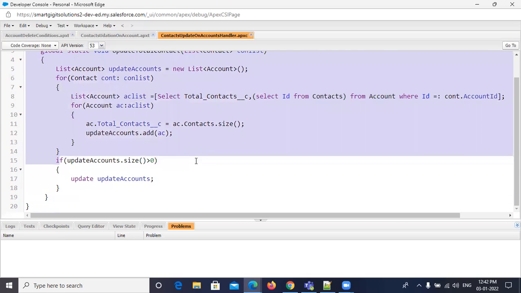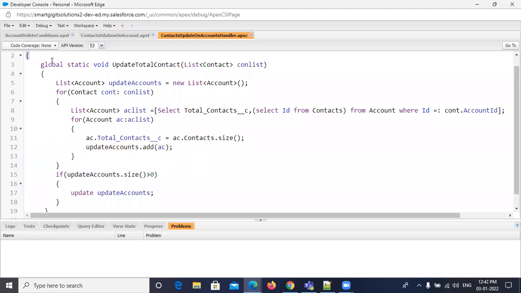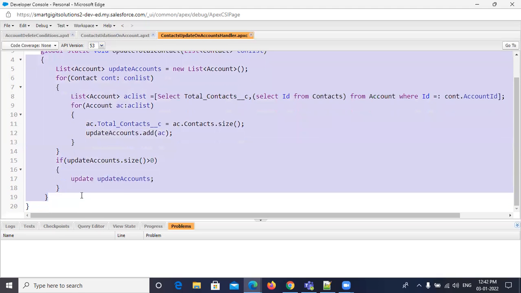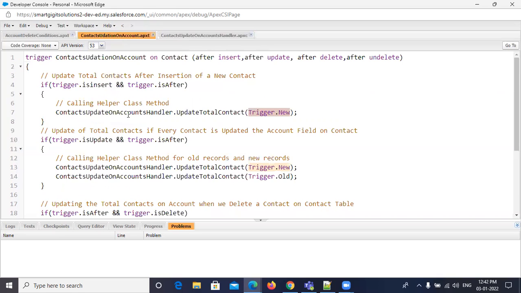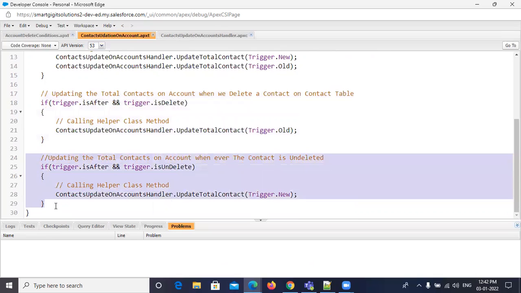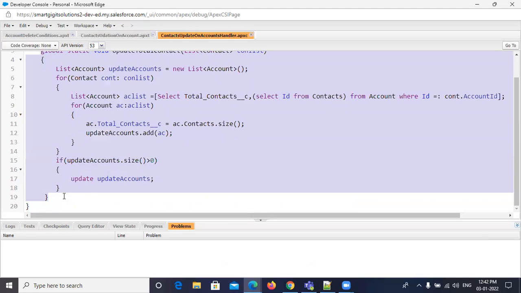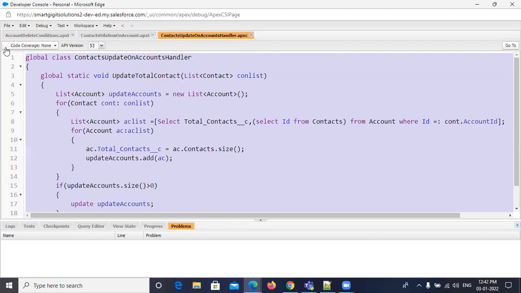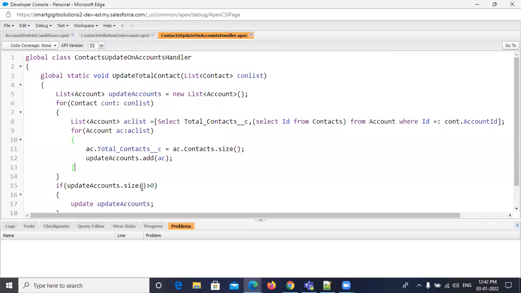Okay, look here, this is the total code, simple. It is the method working for all actions: trigger dot is insert, update, delete, and undelete also. For every action, this is a simple code.